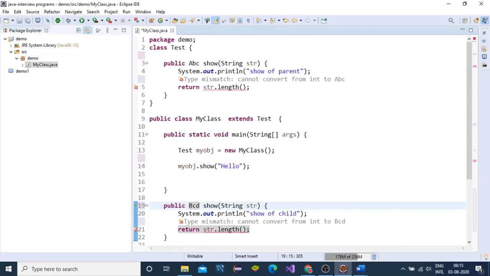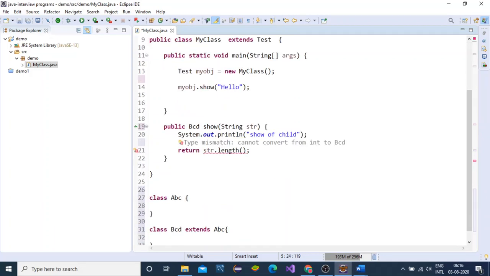Now it is the case of return type. So we will return the object of those classes, that is new ABC, and here we will return new BCD.